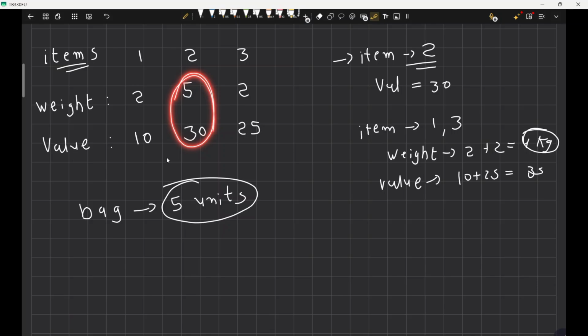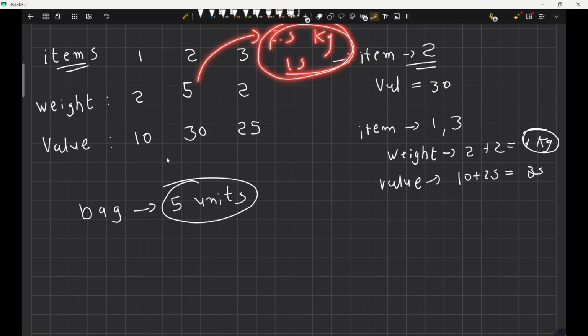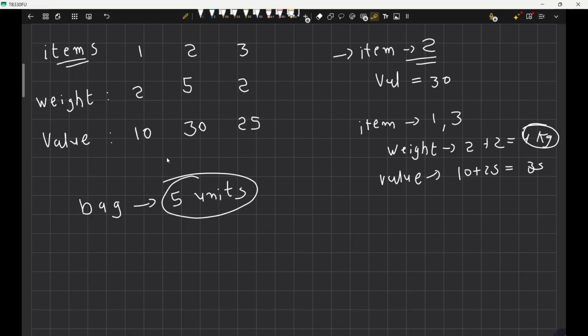Like if this item has 5 kg weight and the value is 30, and there is a way that I can break it into 2.5 kg and take a value of 50, in this type of case, what I will do is I will just get the item with the most... okay, I'm talking about the greedy way. So the greedy way is like take the one,